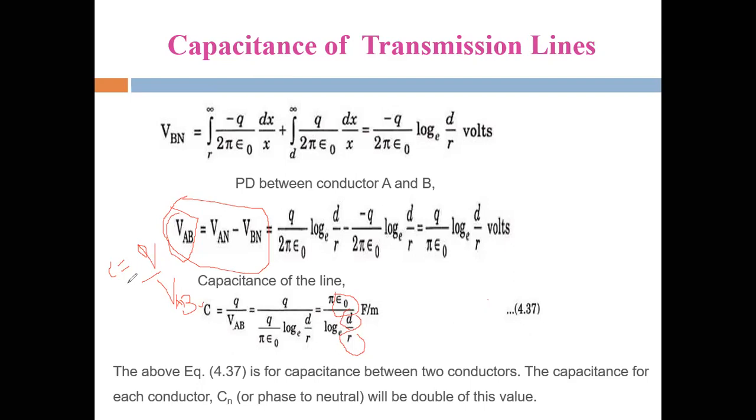In the three phase overhead transmission line, there is another formula for phase to neutral point, that is VRN, VYN, VBN. We have different capacitance formulas between each and every phase and the neutral point. By using these different formulas, we derive the capacitance values for the three-phase overhead transmission lines.